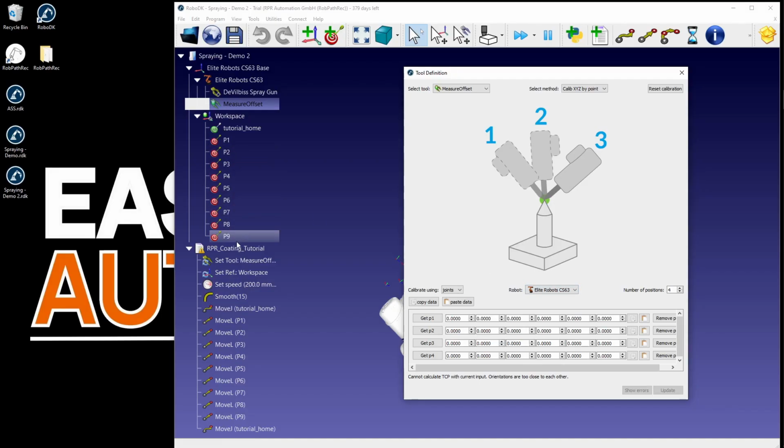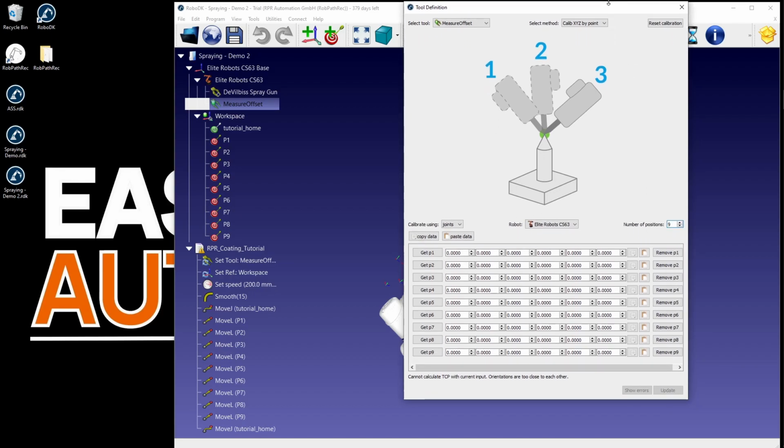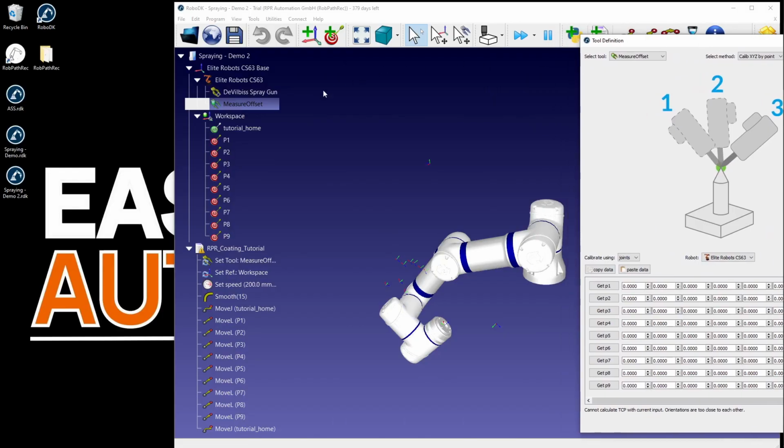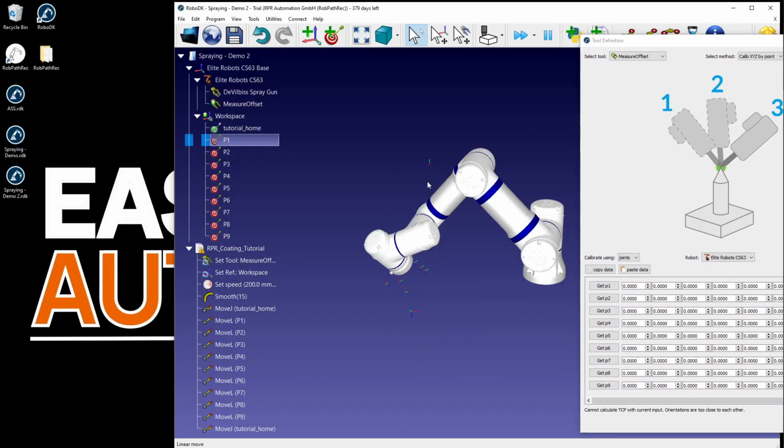And you can see I have recorded altogether 9 points. So I will change the minimum 4 to 9. And with this, you will see that I suddenly have 9 points to define. So how do I do this? How to make it that you can see? I just double click the first one. You can see that on the screen the robot gets to this point, and I get this point.